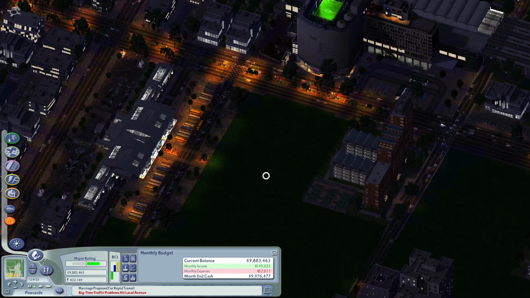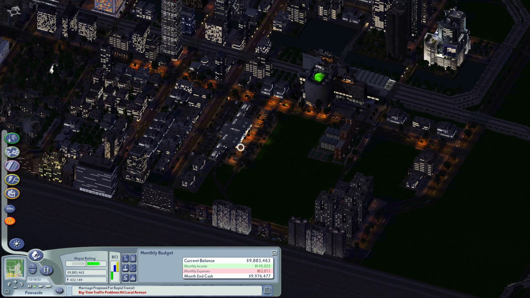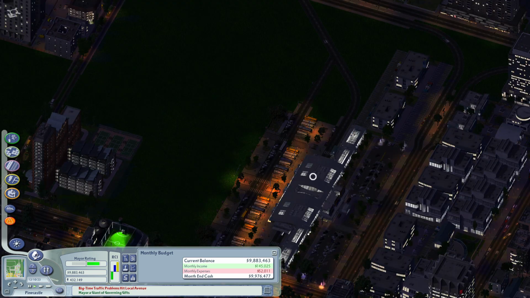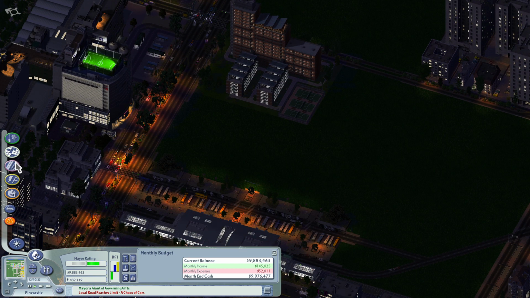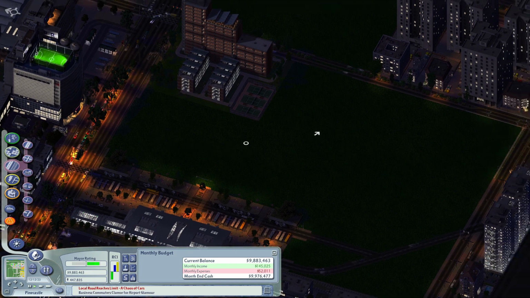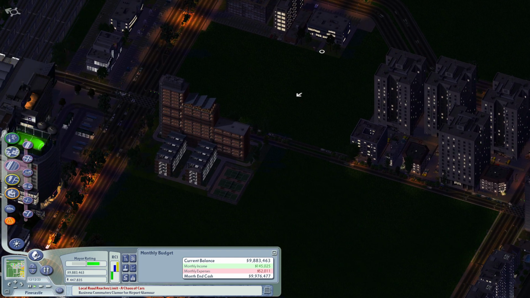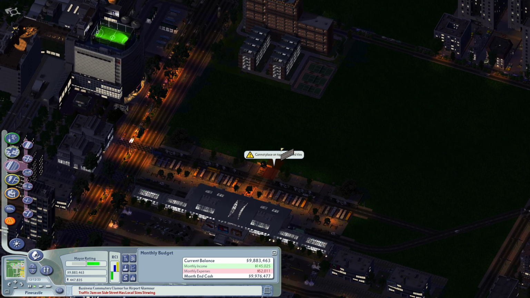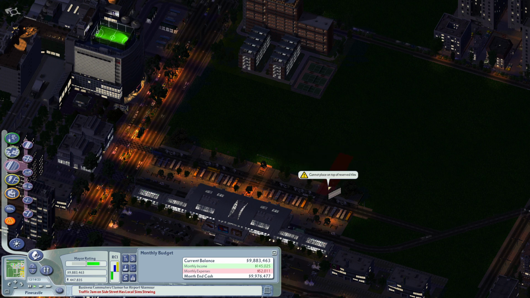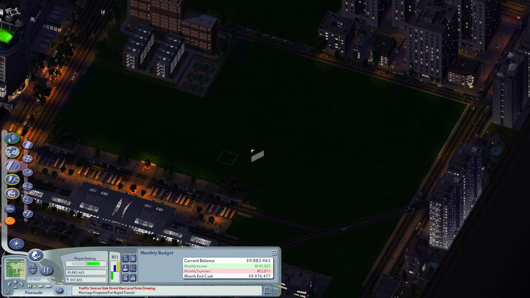So, as we can see right now, next to the railway main station and the bus station is quite a bit of undeveloped land. I think I should develop that now. I don't know. So let's see if I can... These aren't actually transit-enabled street connections here. So what I'll do is, well...